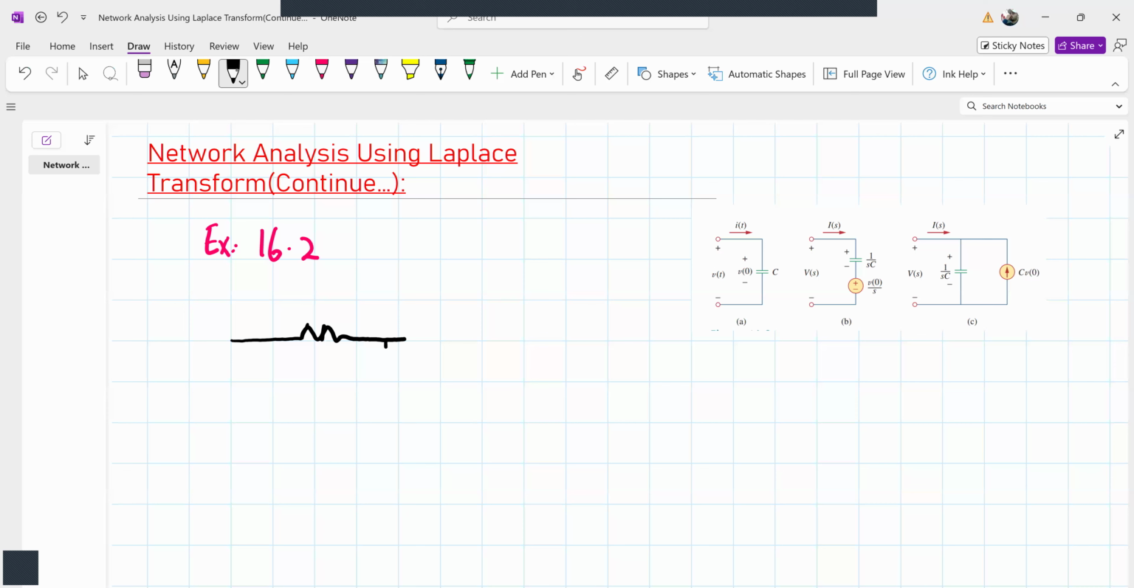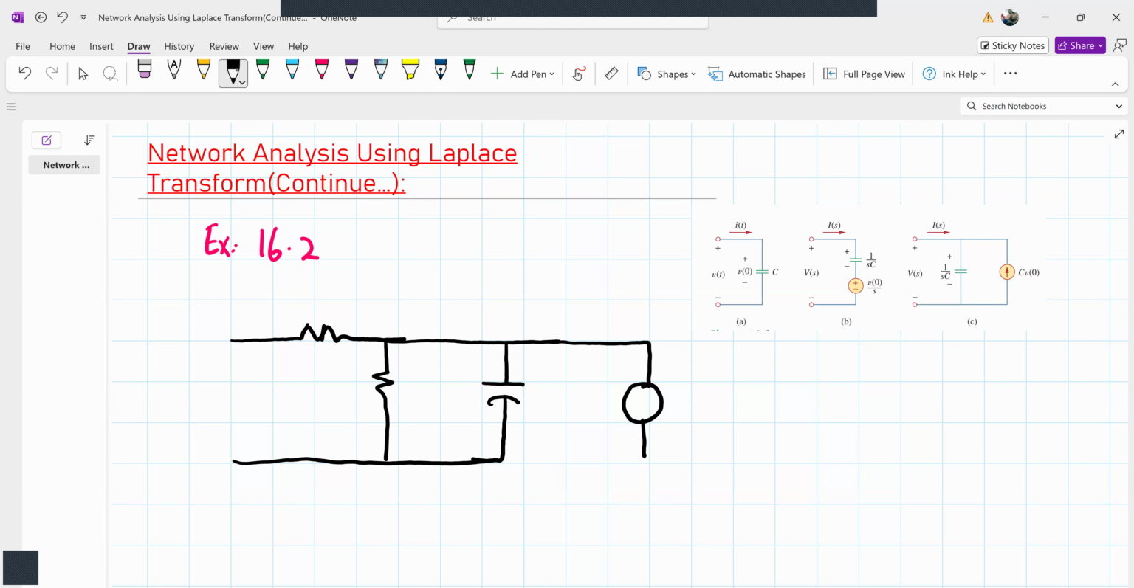We have a resistor connected like this. And then we have a capacitor connected like this. Then we have a current source connected like this. Okay, so we have a voltage source. So this is our voltage source,